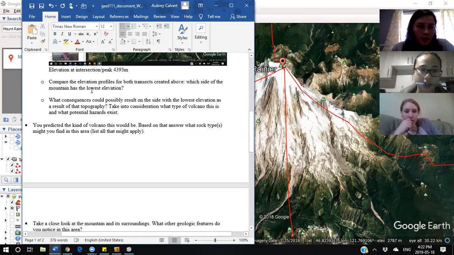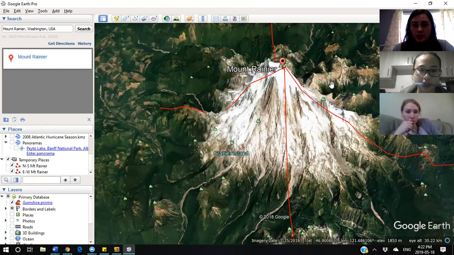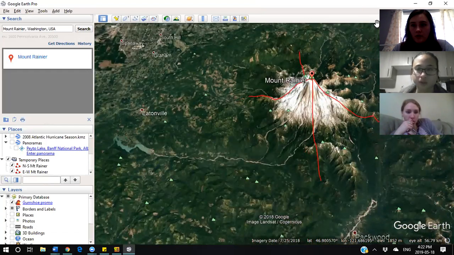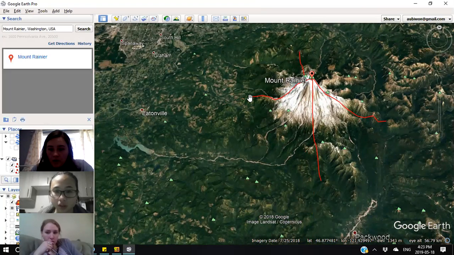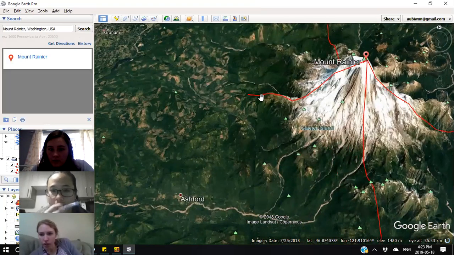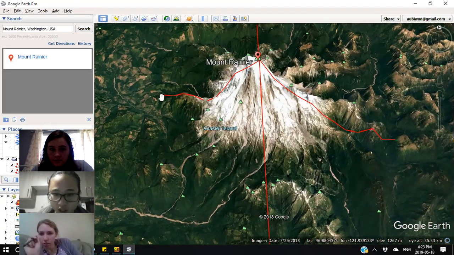Okay, the third bullet point, compare the elevation profiles for both transects created above. Which side of the mountain has the lowest elevation? So the east side or the west side? Based on your line there at the end of that little volcano on the east, just outside of that, the lowest that I found is 2,741 feet. And in meters,